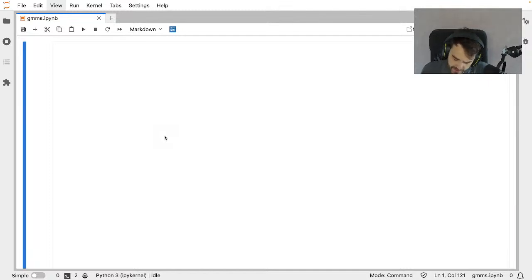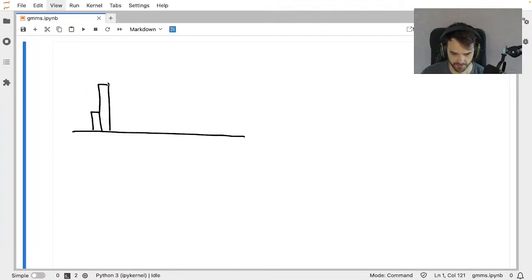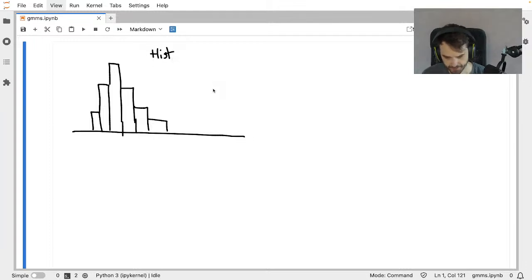Okay, so I'm about to do stuff with Gaussian mixture models, but it might help at first to explain how these things work and what they do. So you might imagine that we've got some sort of data set, and it's one column in the pandas data frame, and they're all just numbers. So okay, fair enough, that's cool. And from there, what you could do is make these histograms. You can imagine that you've got this bar chart that would explain to you what the distribution of the data that you've got is. That's something you could go ahead and calculate, and then you can get a histogram chart like this. So that's a histogram.